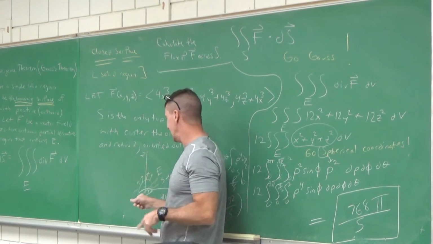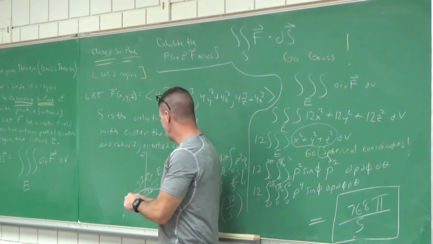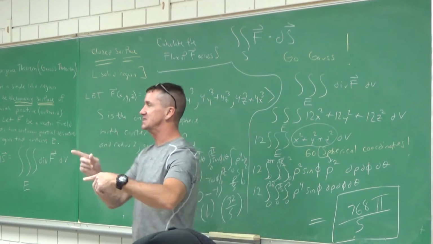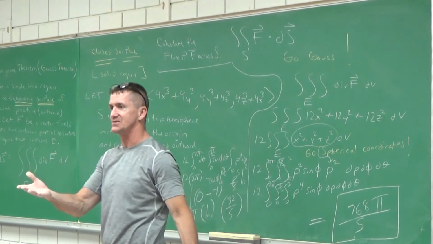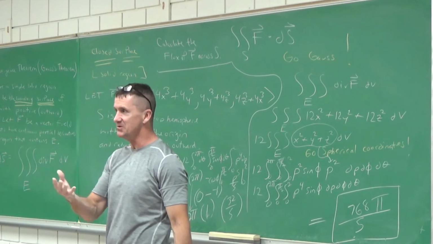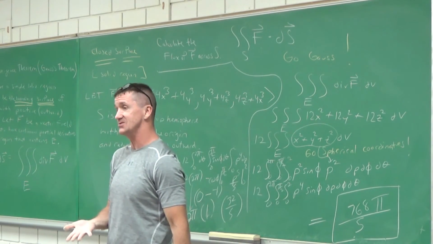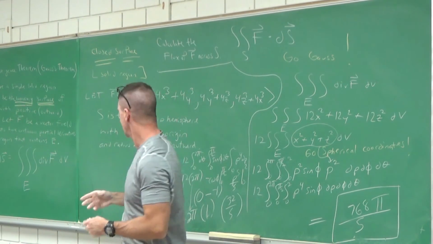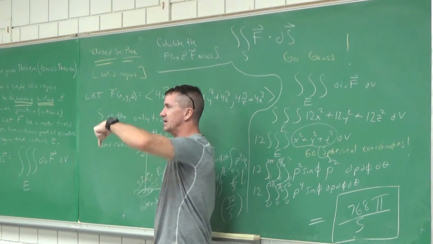So let's go back and just leave that answer right there. Let's find the flux just off that disk outward and subtract it from this. We'll have the answer. Does that make sense? That's what we'll do. And I'm telling you, it'd be a lot faster than the parametrization of this surface by the other way, because a flux off a flat disk is easy.